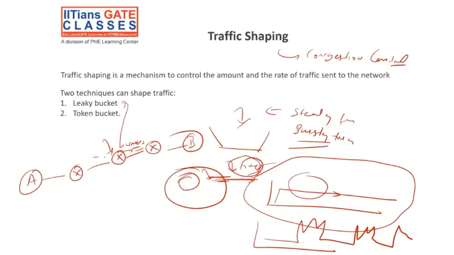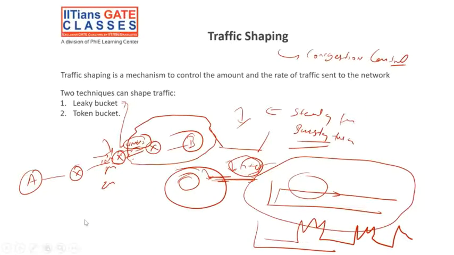So the data is coming at 10 Mbps or 8 Mbps or 2 Mbps, whatever. The maximum output rate is always 4 Mbps. If your data is coming at 10 Mbps, then 6 Mbps of data, most of the data, will be discarded. The packet will be discarded. This is the disadvantage of leaky bucket, but fine. Somehow we are able to normalize the congestion control in this area.